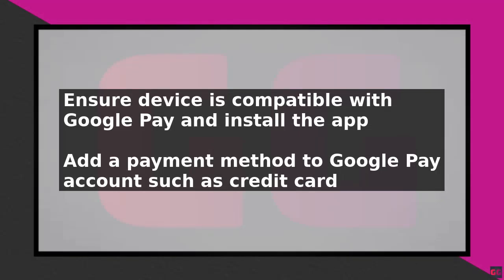Welcome to this comprehensive guide on how to pay for gas with Google Pay in 2025. This tutorial will walk you through the step-by-step process of using Google Pay to pay for gas at participating gas